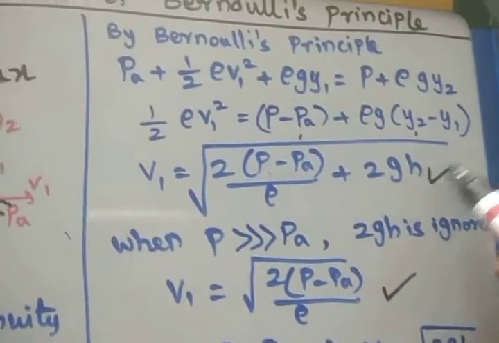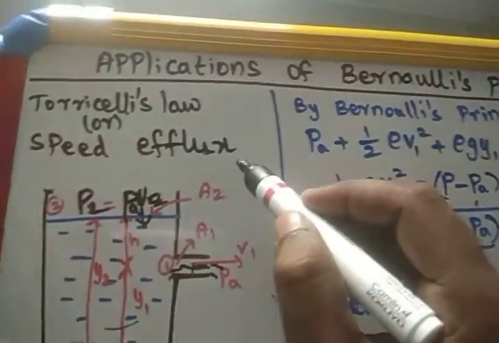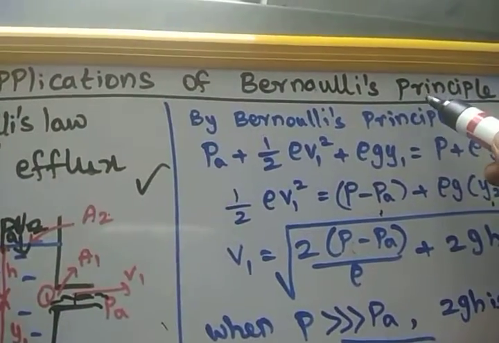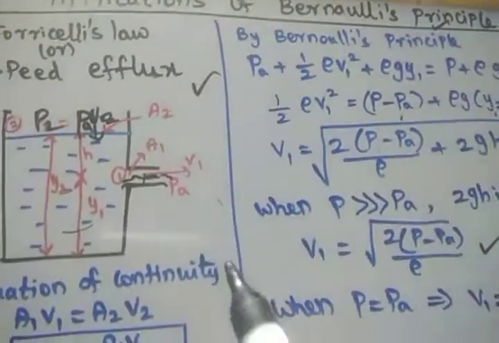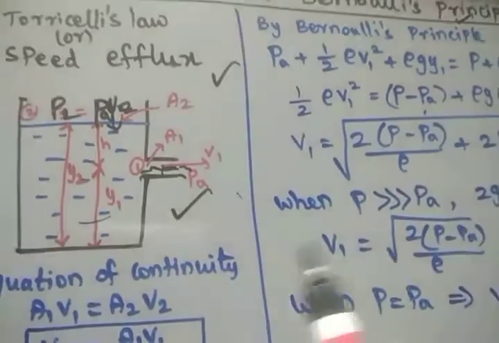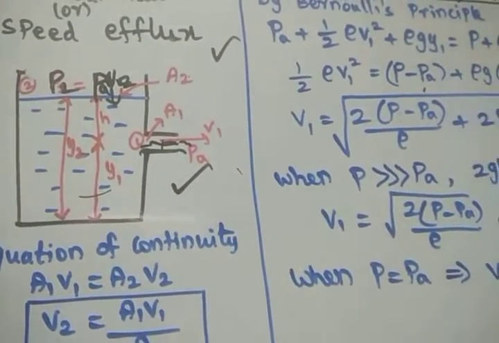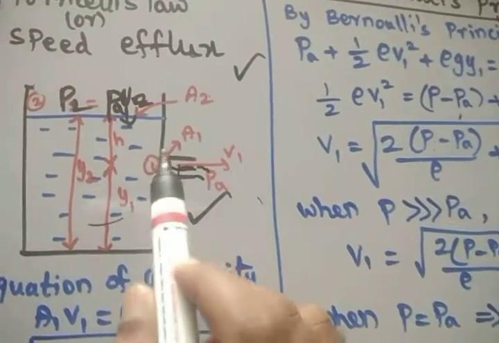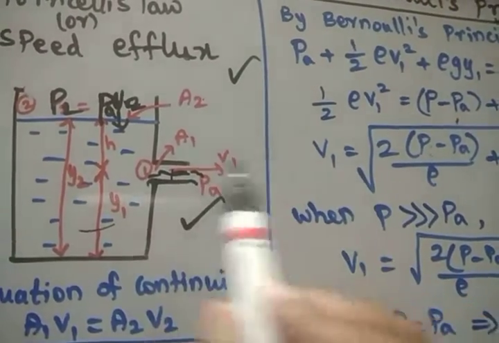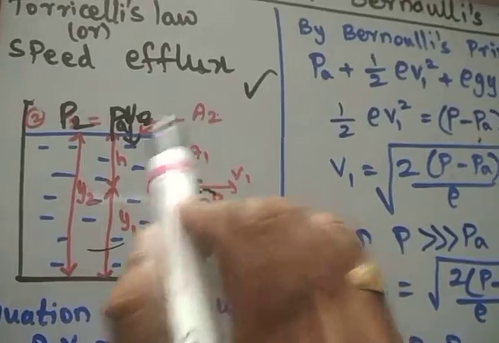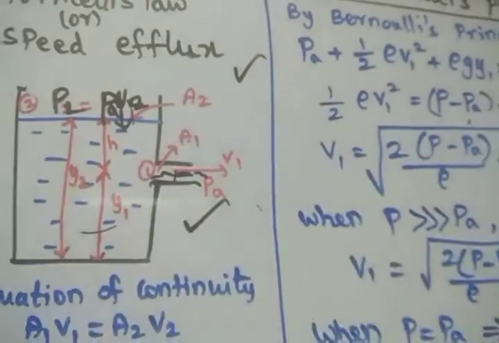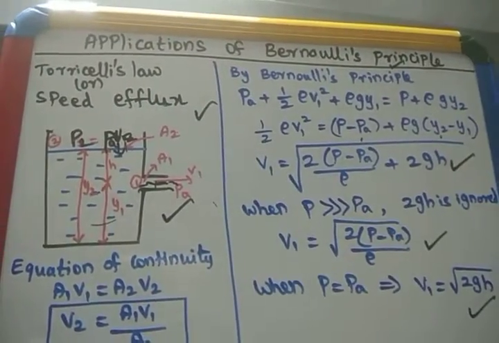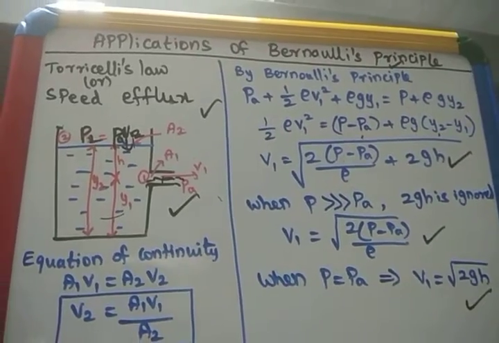So this is the application of Bernoulli's principle. It is what we use for domestic purposes in our home, simply opening the tap from the tank. When the tap is open, the opening is very small, so the velocity is higher because the area is small. Here the velocity is lesser because the area is higher. So this is one of the applications of Bernoulli's principle.